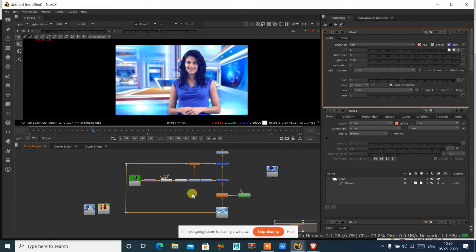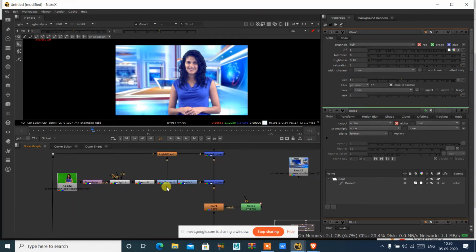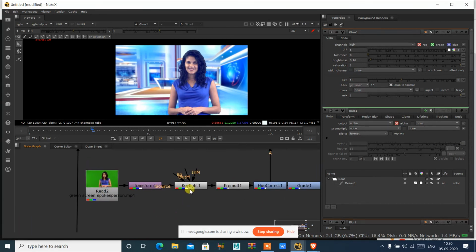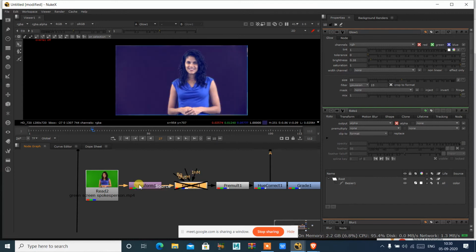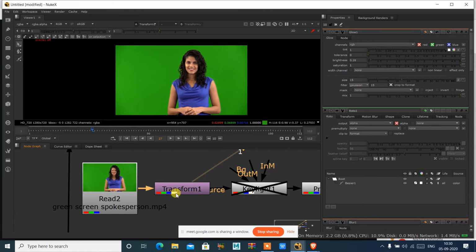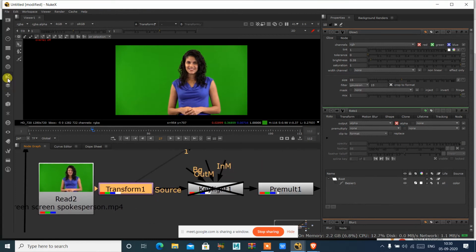Okay, so anyone having any doubts in removing the green screen? So this is one type of key light. With the help of this key light, you can remove like this. If I just disable the key light now, I'll select this, press 1. Instead of key light, if you want some other node, I'll just use from the keying.